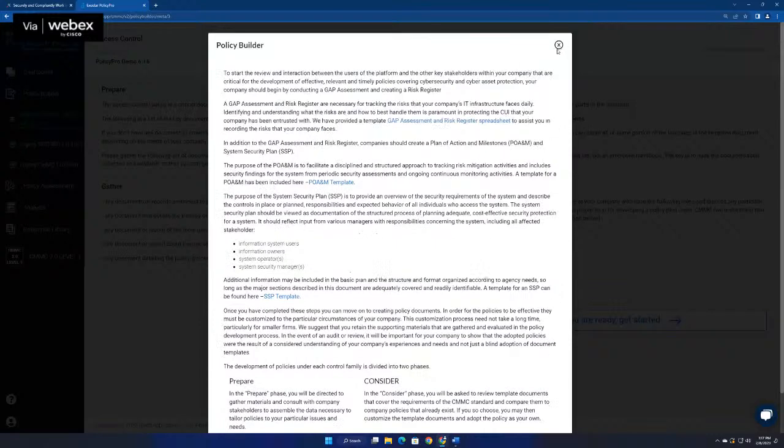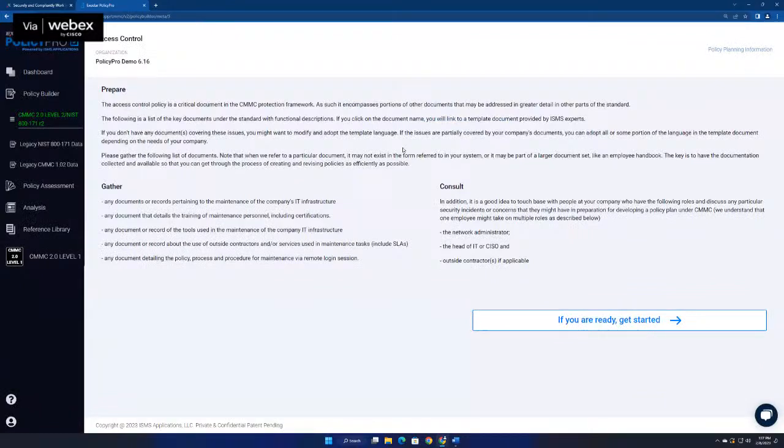So we'll go ahead and close this pop-up out here, and that will take you to our Prepare, Gather, and Consult page. And this is everything you'll need to prepare prior to even writing the actual policies in the template itself. So for example, it will include things like gathering any sort of documents or records that your organization might have that's related to the access control policy. So it could be things like your documents or records related to your maintenance of your company's IT infrastructure. It could be things about your training,